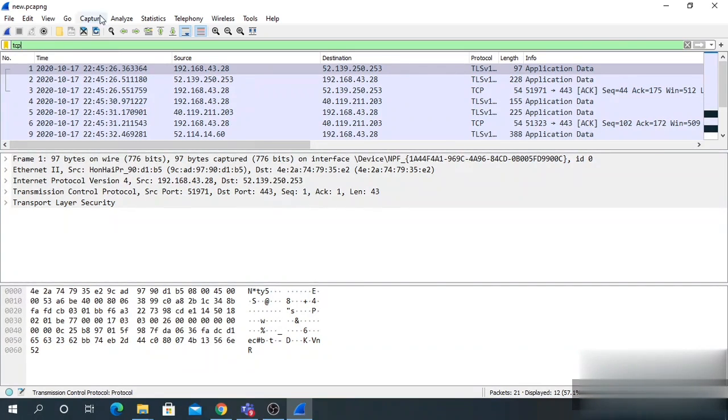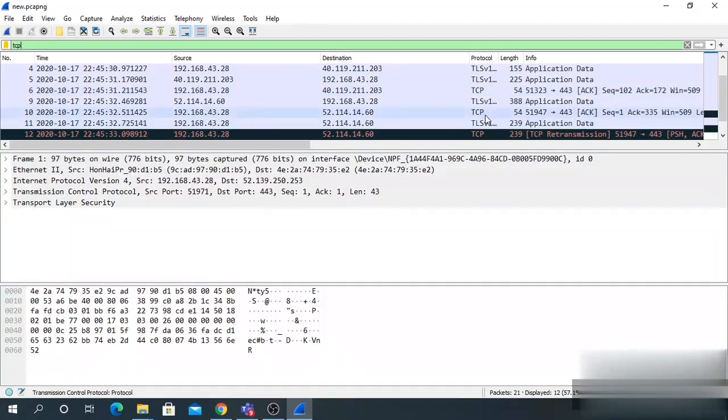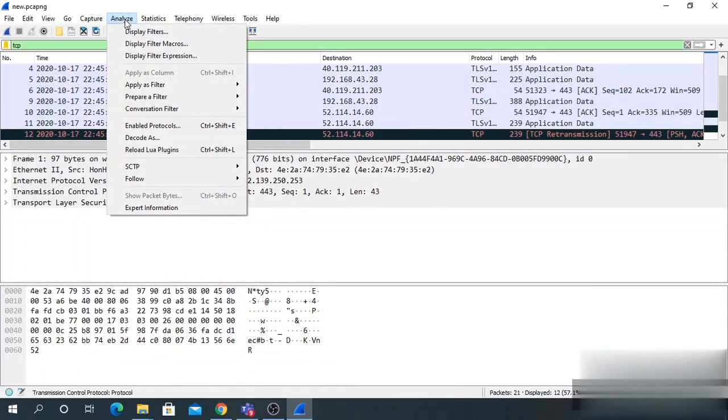Here you can see that a filter has been applied and all the packets that are TCP related are appearing in this menu. To create a new filter, we need to click on the Analyze menu and then select Display Filters.